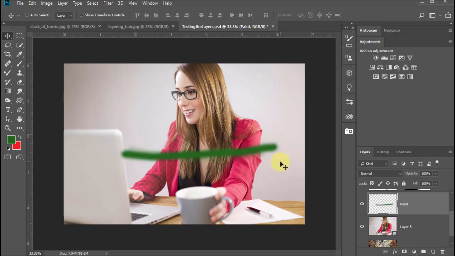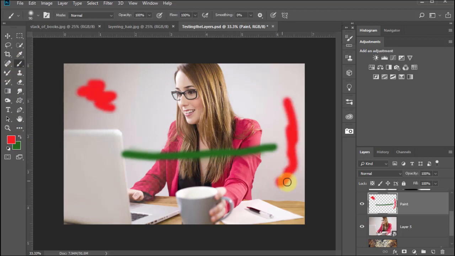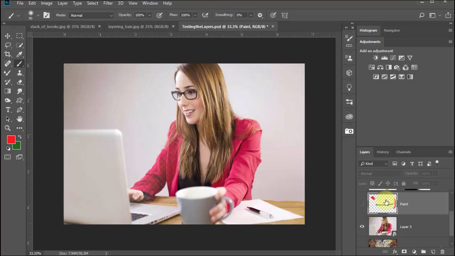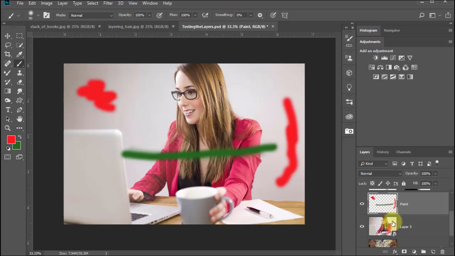So there are lots of things that you can do with layers, and we can continue to paint, this time maybe with some red over here and some red going down here. But guess what? We have not hurt this layer at all. If I turn that eyeball off, that's all on this layer. It's not on this one. But because it's over that layer, we can see it. What's underneath is a little bit harder to see. If we paint a lot, just turn on a big paintbrush and paint with that green,